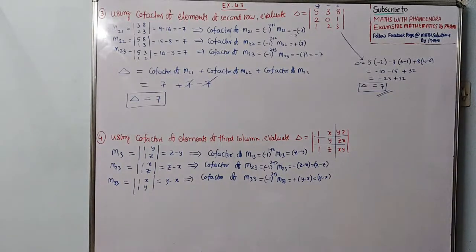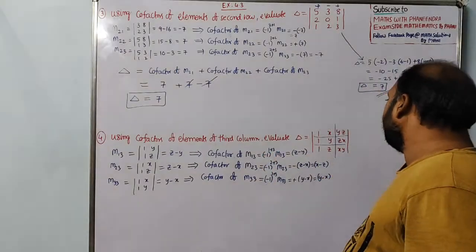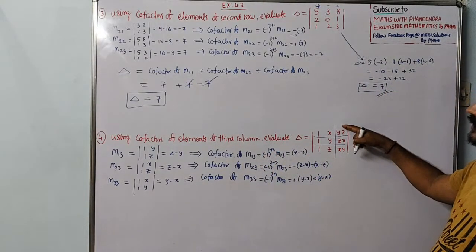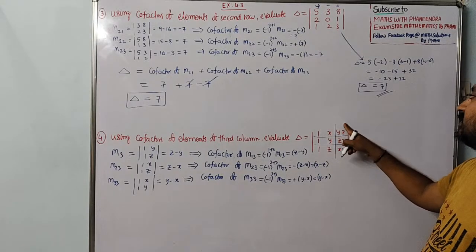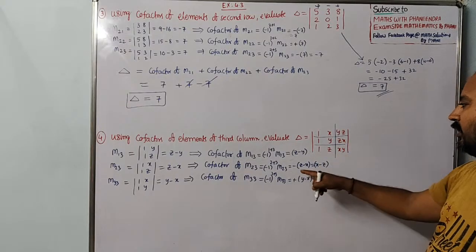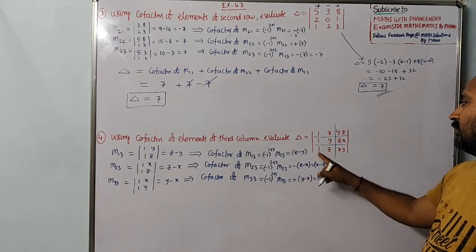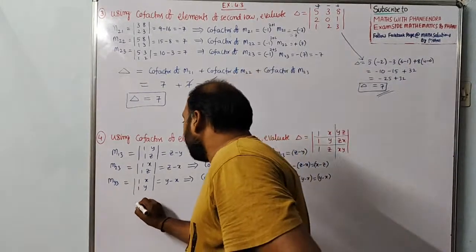After that, we can add all these cofactors. The signs will come as plus minus plus. I already did it here. Therefore, delta equal to